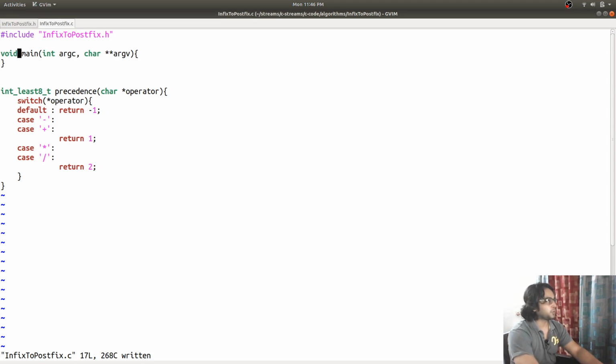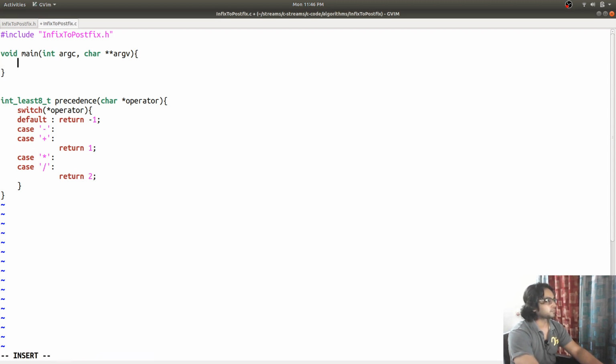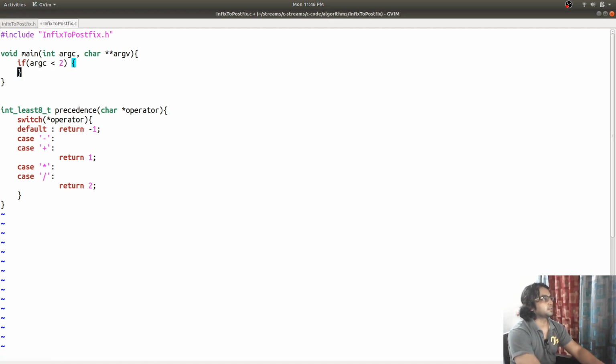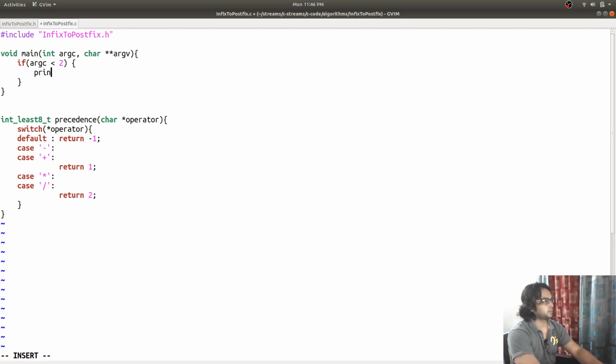So next I'm going to check that argc is less than 2. Then I'm going to say printf invalid, please provide infix expression.